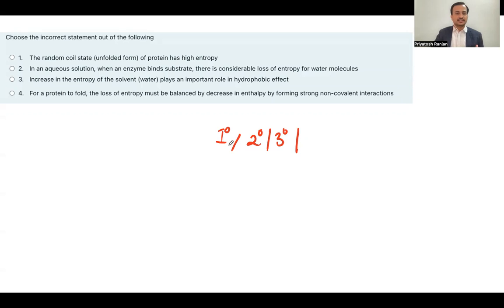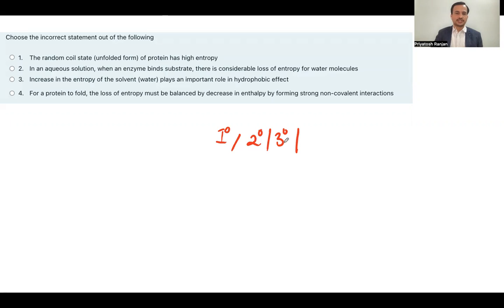Now the primary structure is the linear sequence of the amino acids, and this is the one which is in a disordered state, in a random coil state. Compared to the other two, the secondary is the one where you will see the protein configurations rich in alpha helix or beta sheet. The tertiary is the three-dimensional structure of the protein, which is responsible for the functionality of